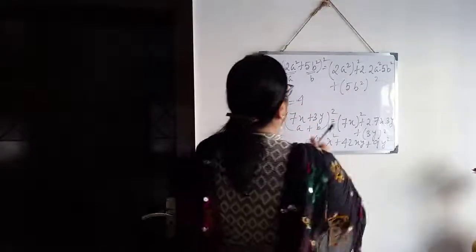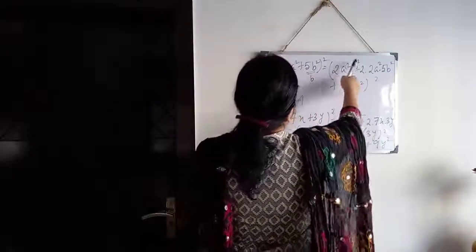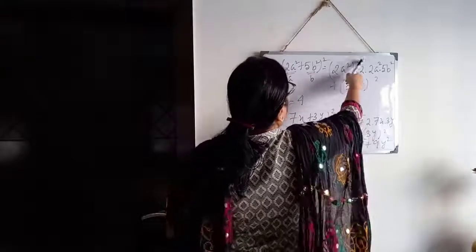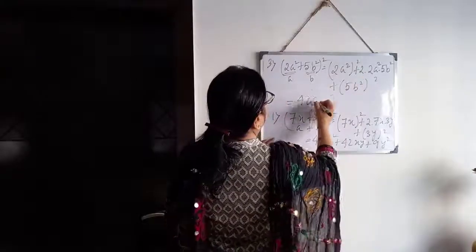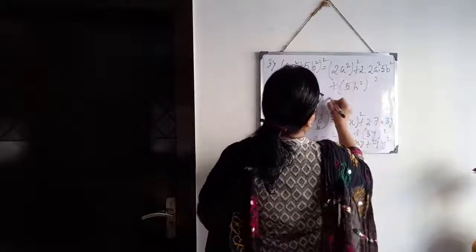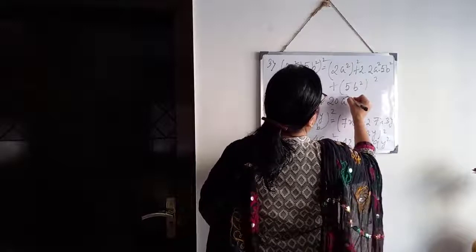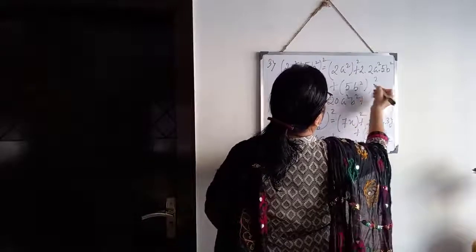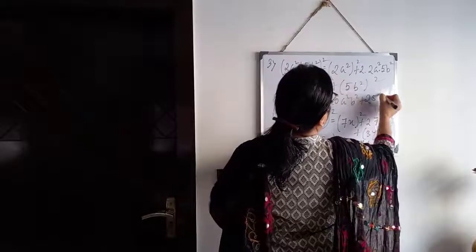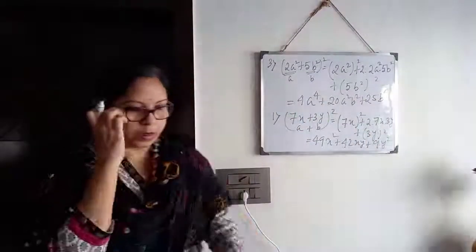Now here you have a square, and already a square is there, so a square whole square. That means 2 2s are 4. Be careful about that. Plus here, 5 2s are 10, 10 2s are 20, a square b square. Similarly here 5 square means 25. And here also b square is there, so it will be b to the power 4. Clear?